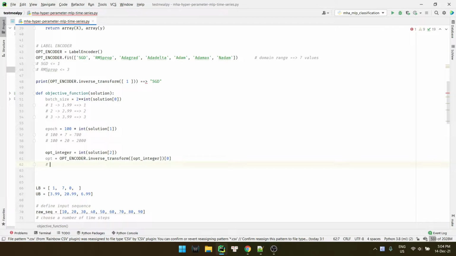So if the solution returns 0 to 0.99, we get the 0 index, and it should be HGD, H47.